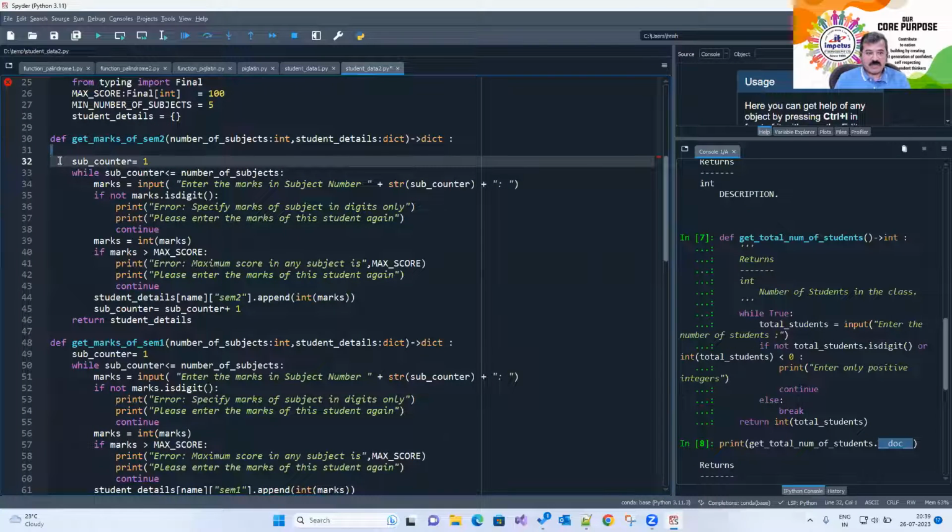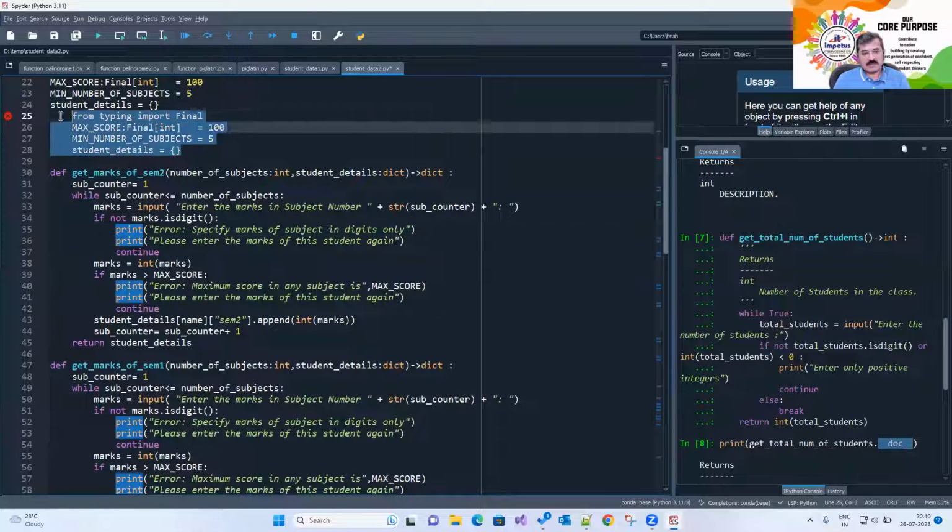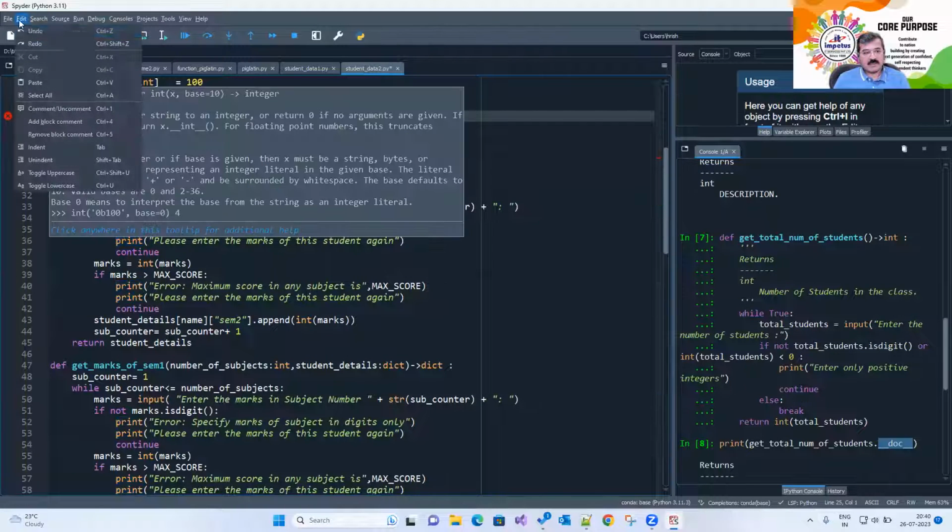I have to struggle to find out the difference, ढूंढना होगा कहाँ है डिफरेंस। ये पहले unindent कर लेते हैं।